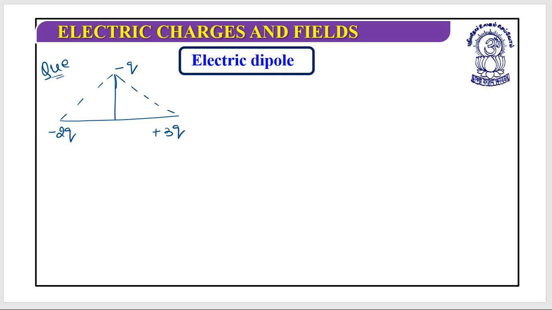Here they have given that this separation is a, this separation is a, and this perpendicular length is a, and they asked us to find out